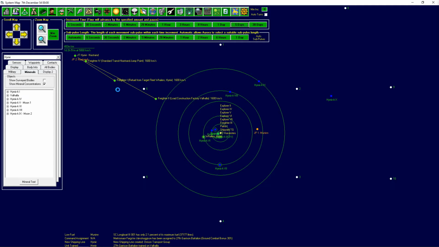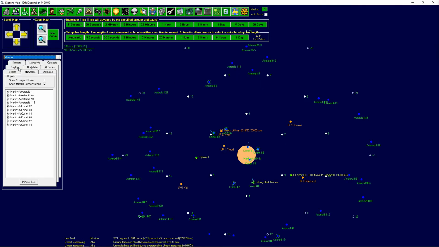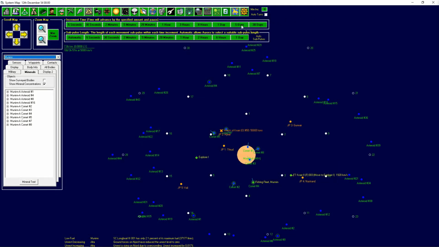Let's see, so these are refueling over there at the whalers. Have we reached Munin yet? We have. And there was no one there. Hopefully we can get up to the Explorer 1. How is your fuel situation? Let's have a quick look. Pretty good, actually. Okay then, I think we might be able to get there. We'll leave...